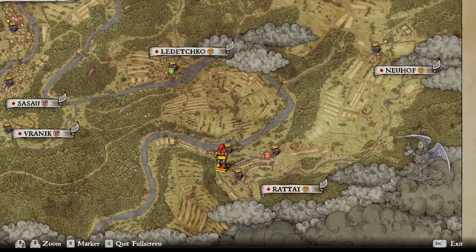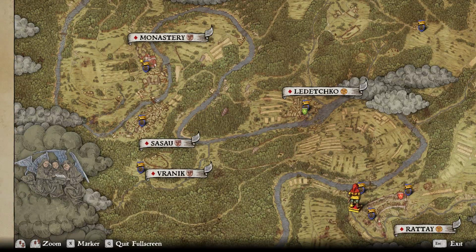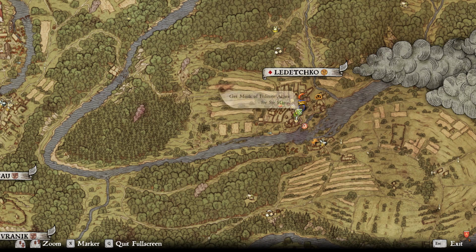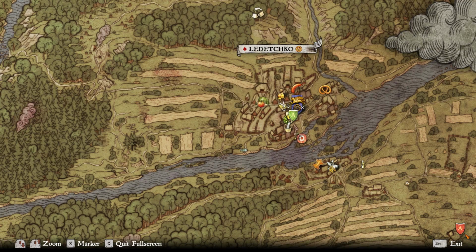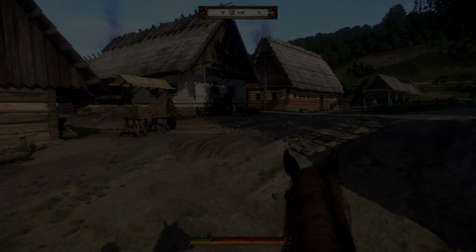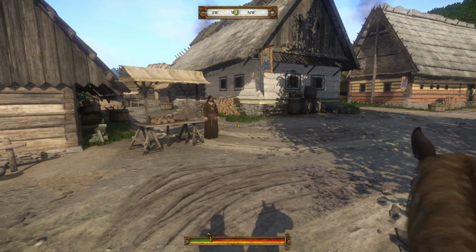But where in the world is that gonna be, I wonder? Let's take a look at the map. And he says he's in Sasau. And I don't see him. What is that, Ledechko? Get the musk in Ledechko. Well, we can fast travel to Ledechko, so I will go ahead and do that and be right back with you. All right, pulling up to Ledechko, and we see the